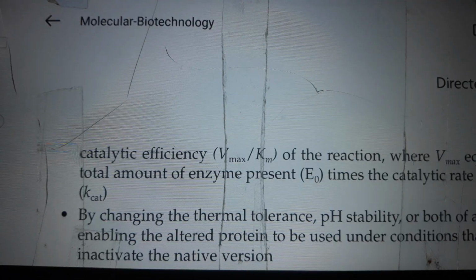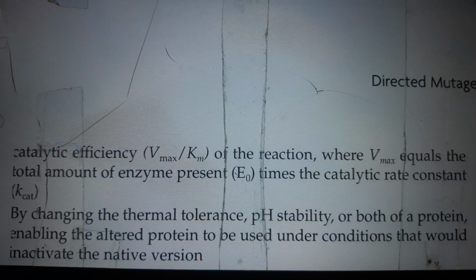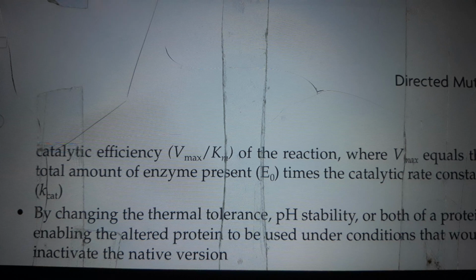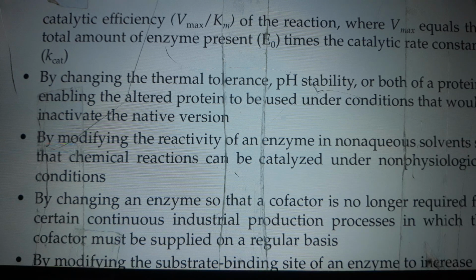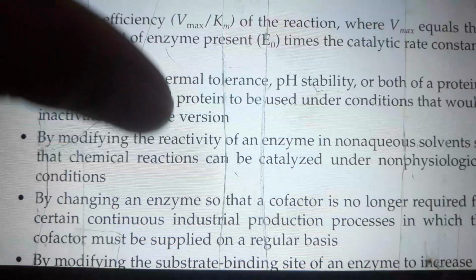Catalytic efficiency, Vmax per Km of the reaction, where Vmax equals the total amount of enzyme present, E0, times the catalytic rate constant, kcat. Also, by changing the thermal tolerance, pH stability, or both of a protein, enabling the altered protein to be used under conditions that would inactivate the native version, and by modifying the reactivity of an enzyme in non-aqueous solvents so that chemical reactions can be catalyzed under non-physiological conditions,